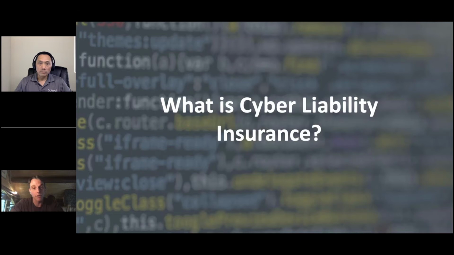So the integrated solution with Spin, for example, is a $100,000 policy, zero deductible, but it also comes with 24/7 breach hotlines so that if you have an event, you can call up, you have a team of experts, attorneys specifically, to help you walk through that, and then they can deploy solutions like forensics or other things that can help you solve that. So in short, cyber liability insurance is a way to help you do your business online and protect you from all the event risks that you face.